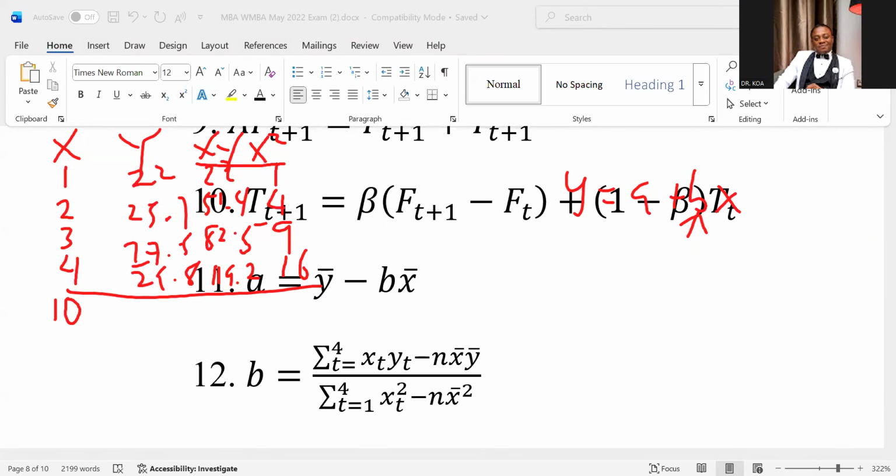10. The next one, when you sum them, what do you get? 105. The next one, when you sum them, what do you get? 275.1. Your calculator must be your friend. And the last one? 30. Good. So those are the information you now need to calculate the B.